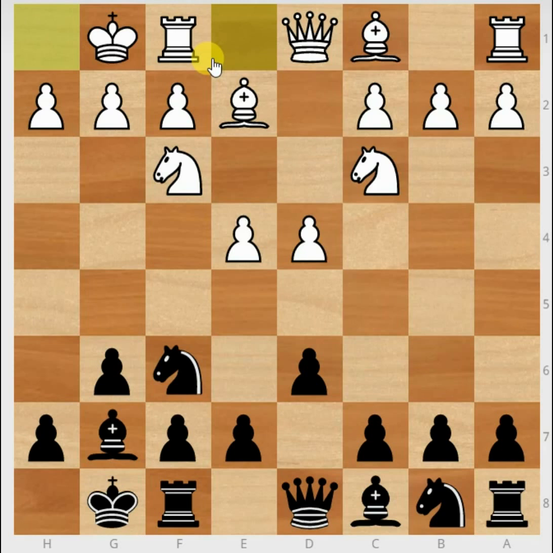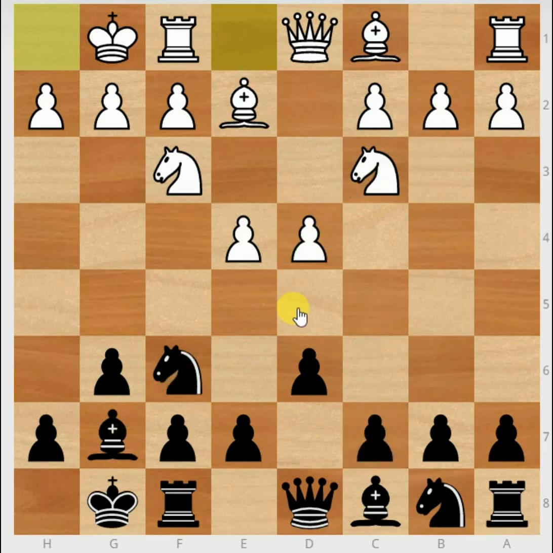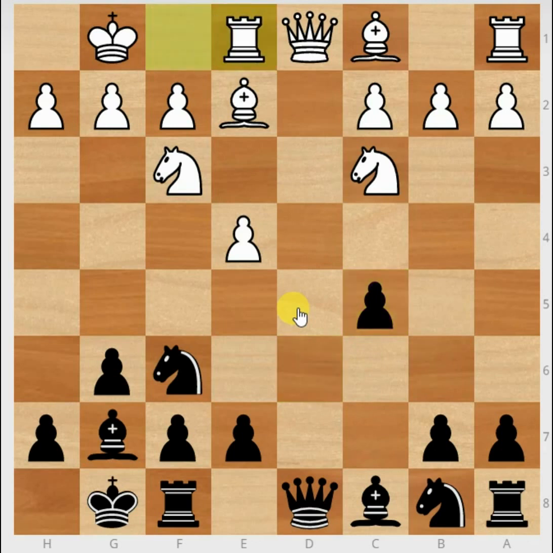Black could now be looking to free this diagonal for his bishop by playing pawn to c5. And let me get these lines off. And if white takes, black takes again, and black could develop his pieces fast and even gain a temporary outpost for his knight. Let me show you. So c5, white takes, black takes,